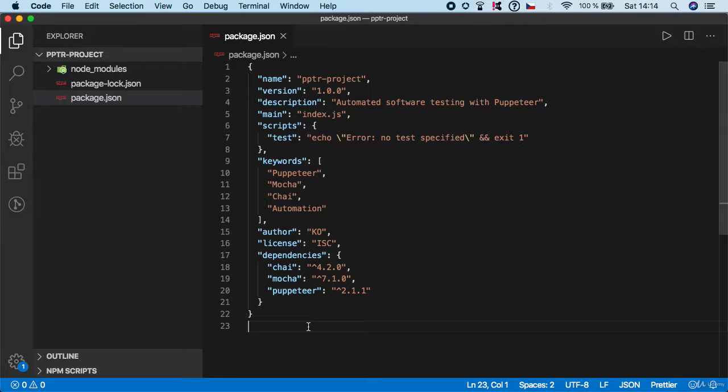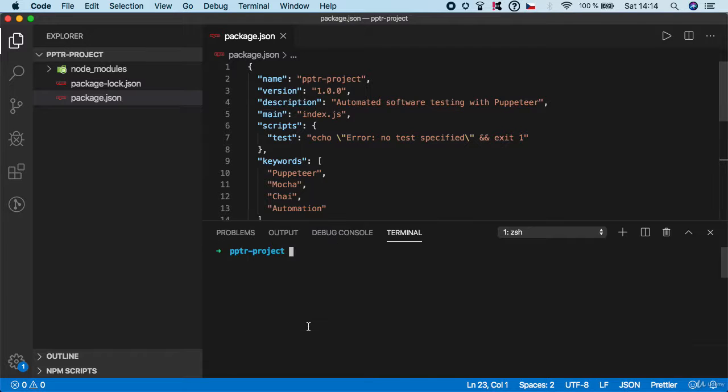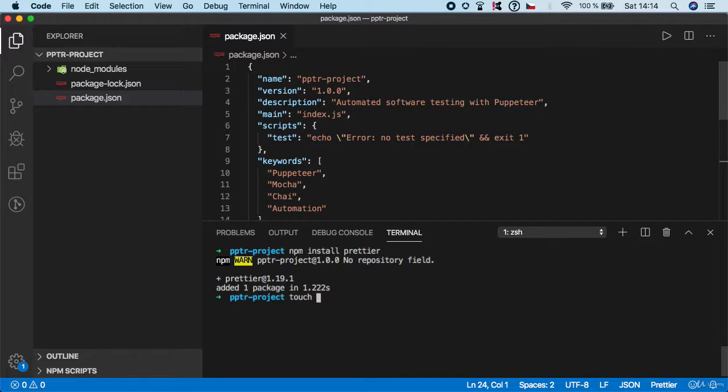So let's start. First, let's open terminal again, and we need to add one more dependency. So type npm install prettier and hit enter. And this one should be pretty fast. And now we need to create a Prettier RC file in the root of the project. So type touch .prettierrc